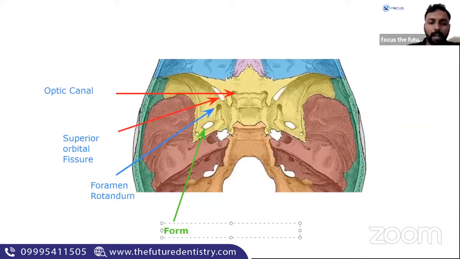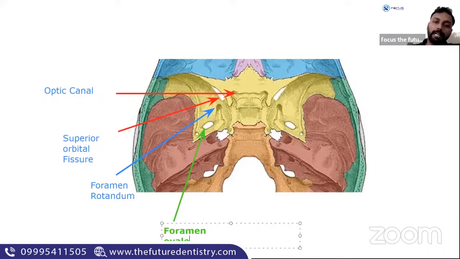Very, very important foramen. Why? Because the mandibular nerve comes out through it. Very important nerve for us. Maxillary and mandibular branches are very important nerves for us. If someone asks me which is the most important nerve, I will say anytime it is the mandibular branch of the trigeminal nerve, followed by the maxillary nerve, and then facial.